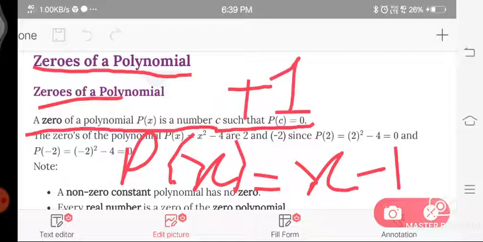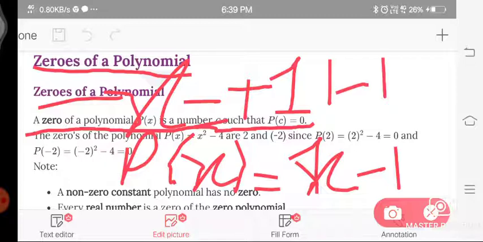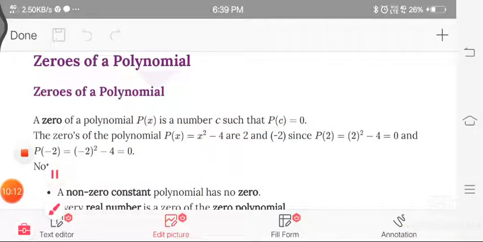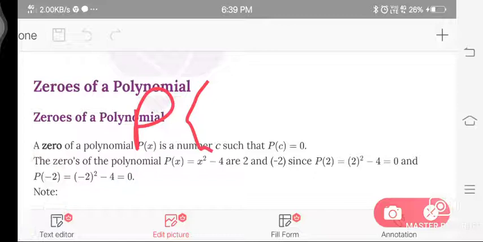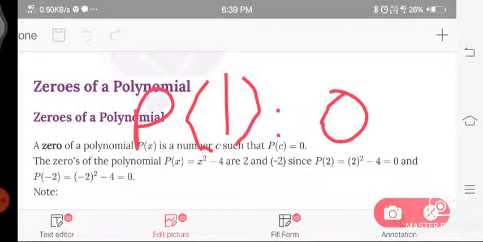If we take x is equal to 1, then 1 minus 1 is equal to 0. So p(1) is equal to 0, then 1 is the root of